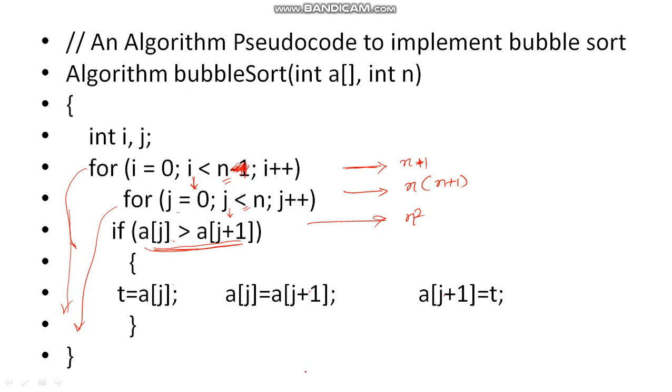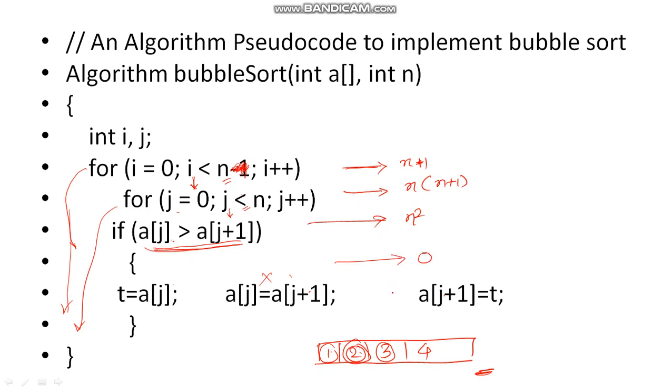So for example, let us say if my given array, I will show you one example here. If my given array of 4 elements is containing 1 2 3 4. So here is a of j greater than a of j plus 1? No, here these instructions will not be executed. Whereas here second and third are not again happening with this, so this will not be executed. So in this case, if there is a sorted array given, all these instructions are going to execute for 0 number of times.